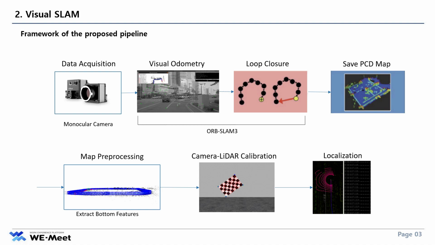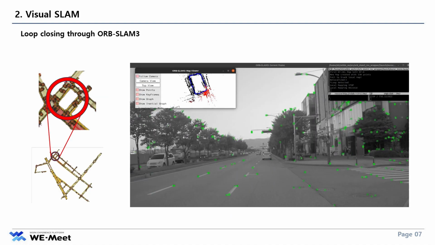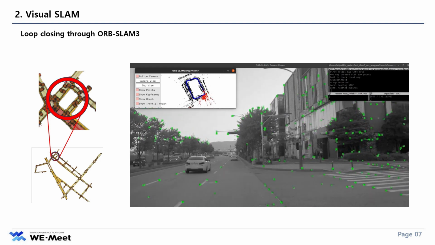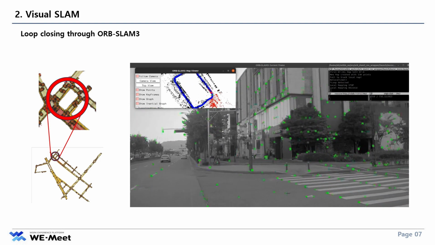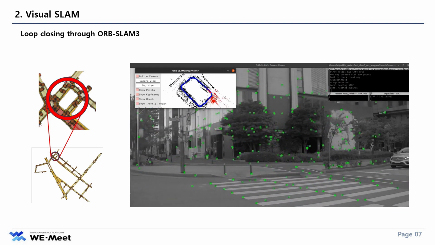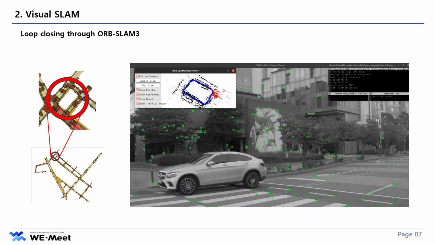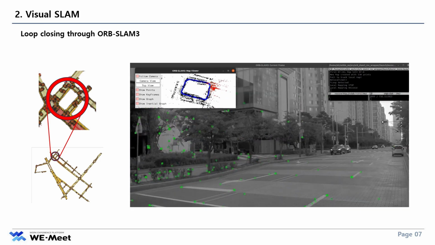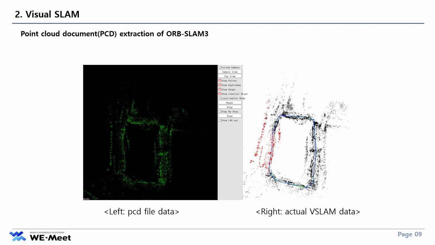Next is the visual SLAM part. This is the framework of our pipeline. This is a part of the process for creating an ORB-SLAM3 map on the rectangular site in Songdo. We conducted SLAM over several laps to enhance the accuracy of loop closing. Then we stored and processed the VSLAM results as a point cloud map and compared them with the LiDAR SLAM